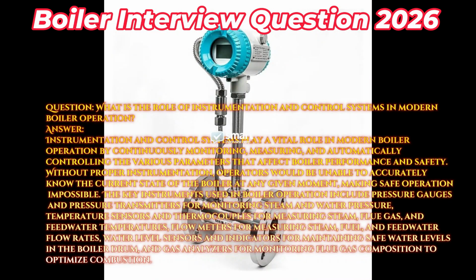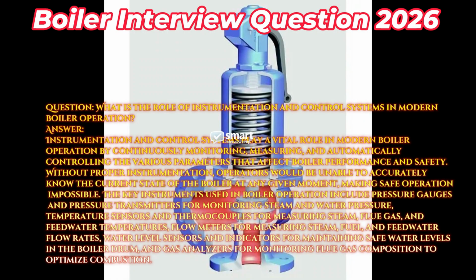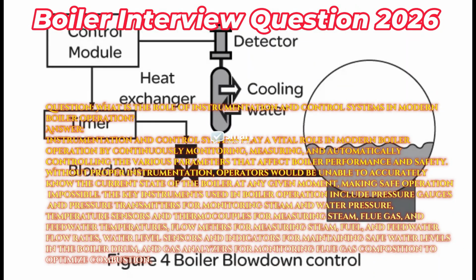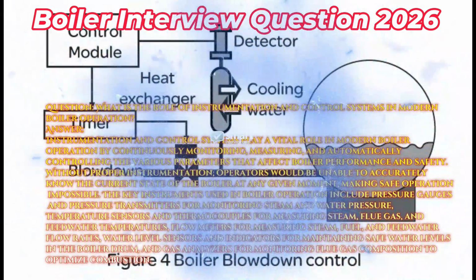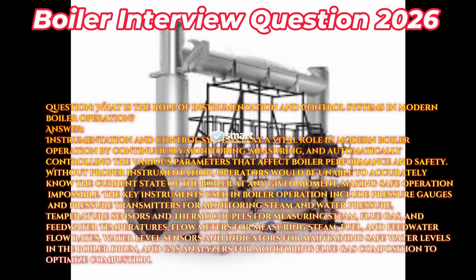Question. What is the role of instrumentation and control systems in modern boiler operation? Answer. Instrumentation and control systems play a vital role in modern boiler operation by continuously monitoring, measuring, and automatically controlling the various parameters that affect boiler performance and safety. Without proper instrumentation, operators would be unable to accurately know the current state of the boiler at any given moment,